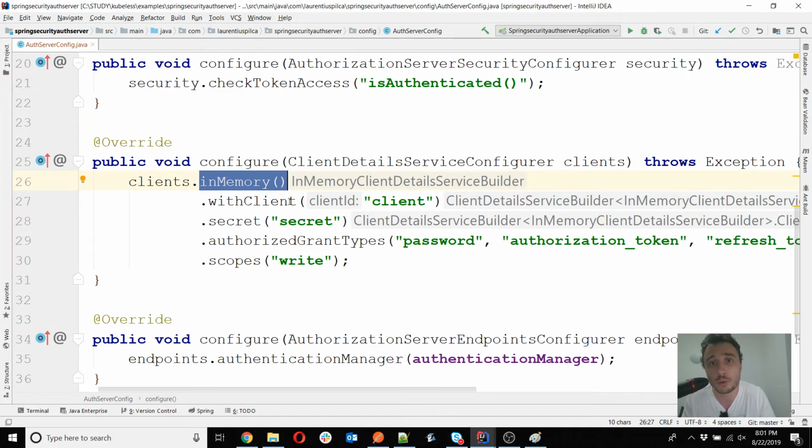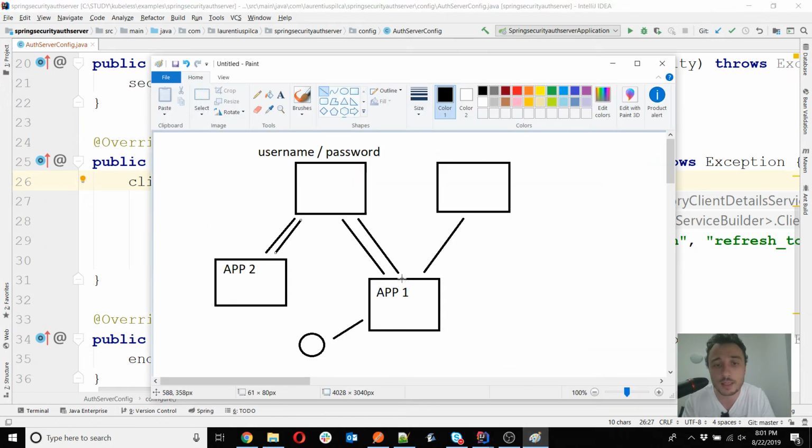So then you will probably need to be able to store persistently somewhere your applications that are using the authorization server, the clients, so they are called. So then you will actually have a database probably, and then you will store the client ID and client secrets in the database for those applications that are allowed to use your authorization server. So this is what a client is: the application itself, and the application itself has to be authorized separately by